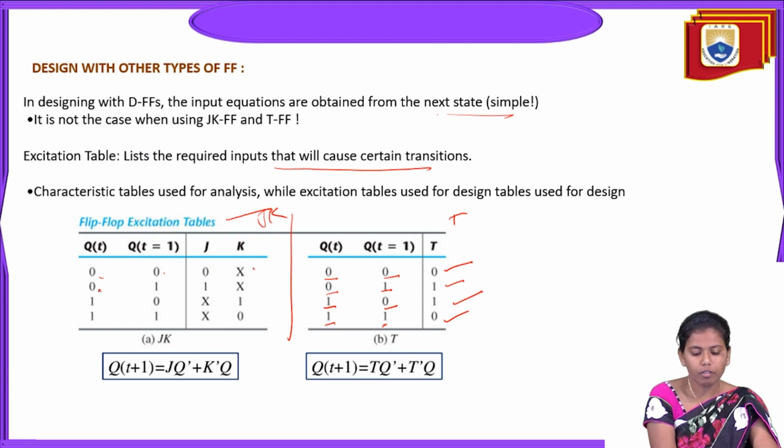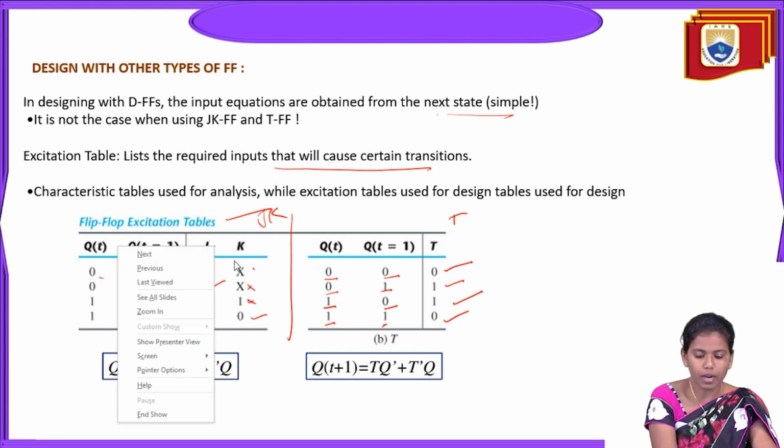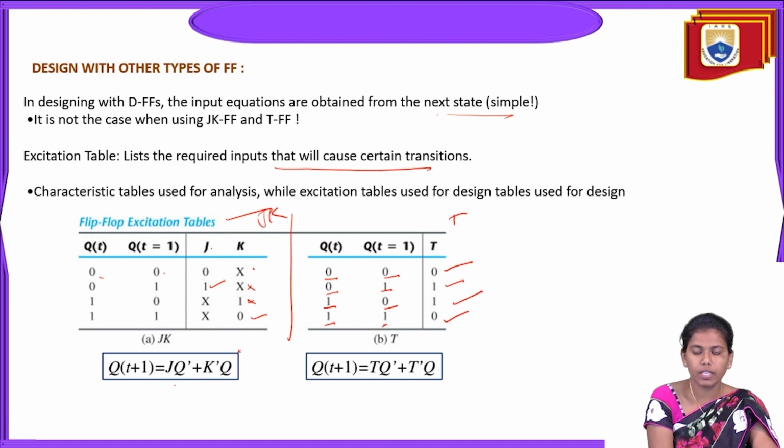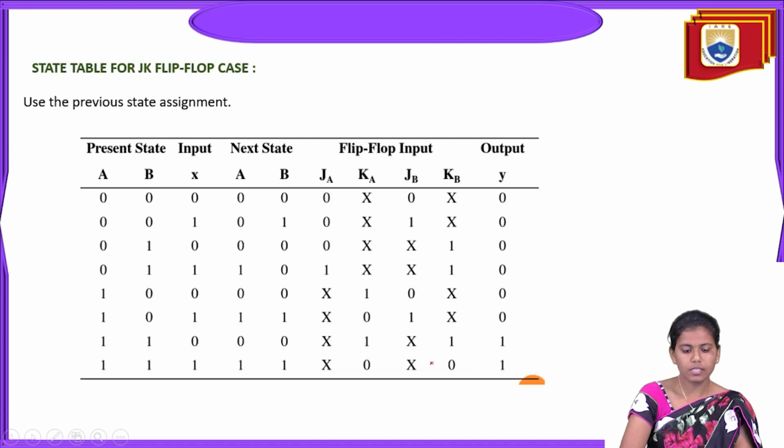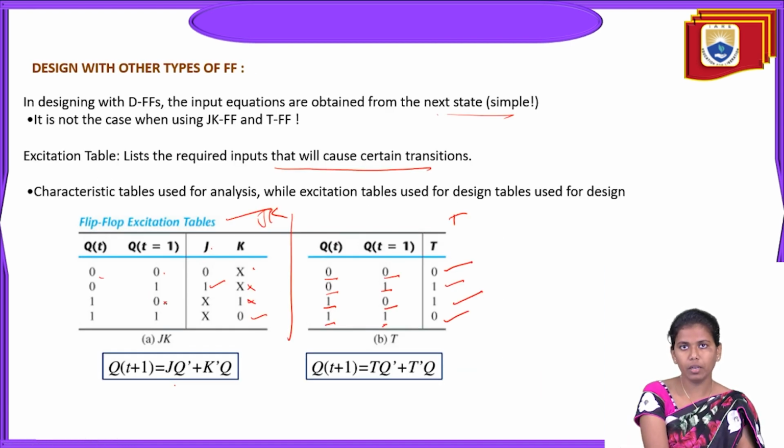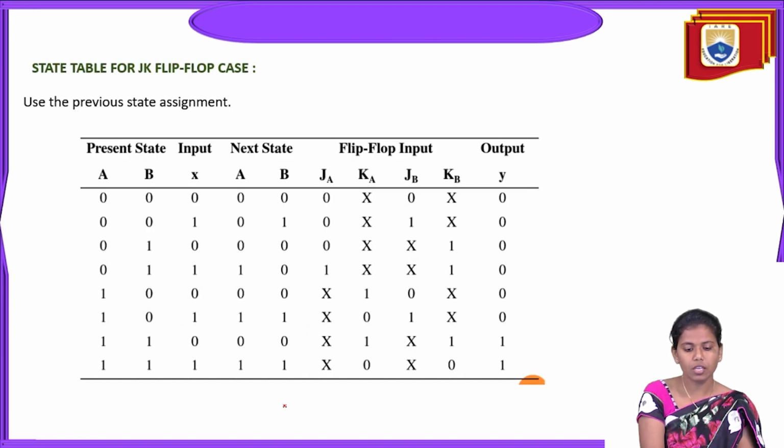Okay, but when any one is the 1, then we see that one of the input, output as 1 and the next is don't care. And if it is 1 0, it is 1 as K, and if it is 1 and 1, if it is 0, don't care. So the output expressions we got are J Q bar plus K bar Q, and here T Q bar plus T bar Q. So this is after the state table, we got the state equations, and after the state equations, this is nothing